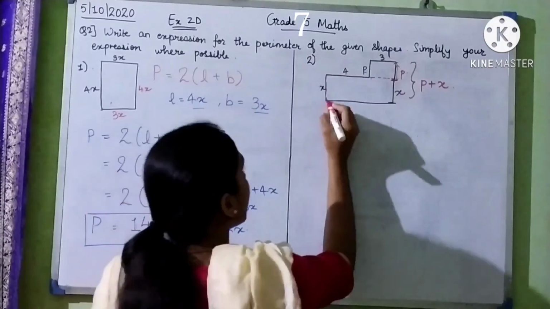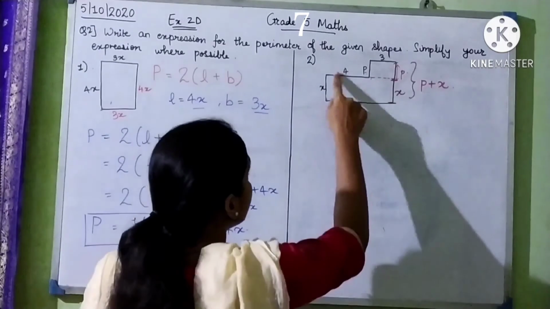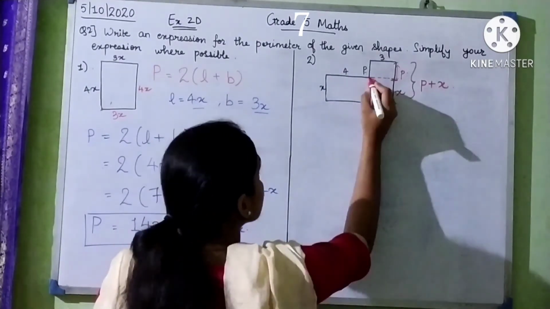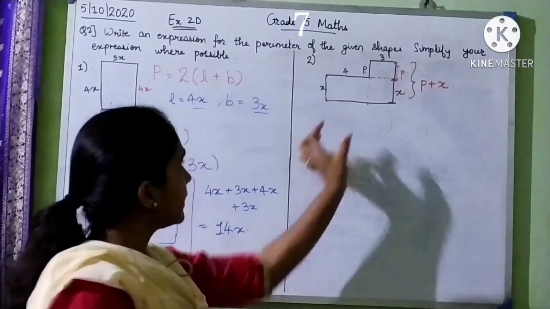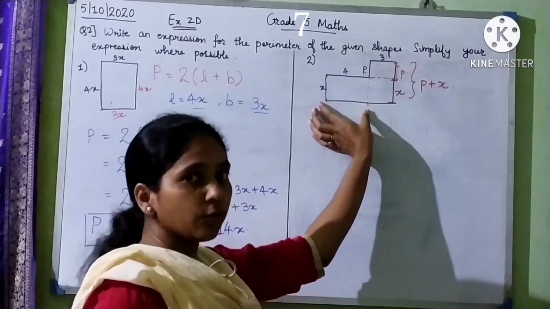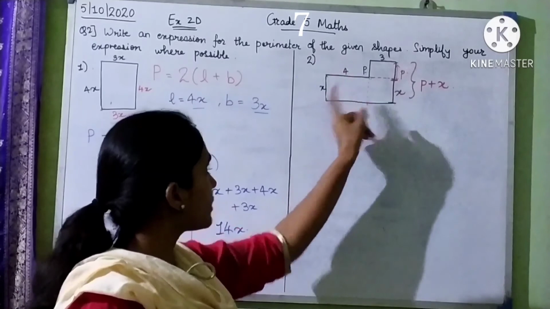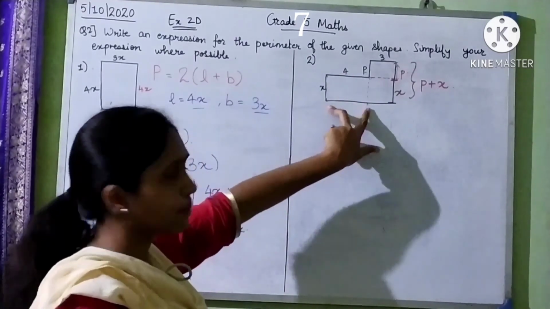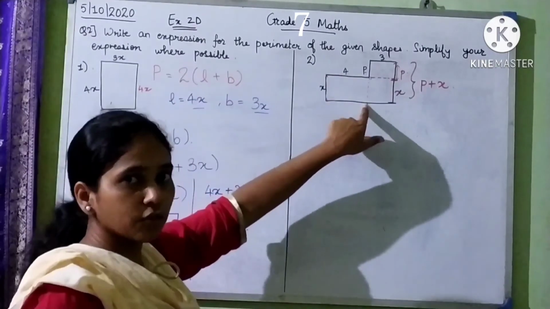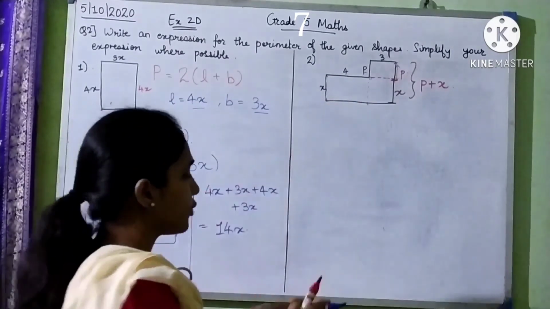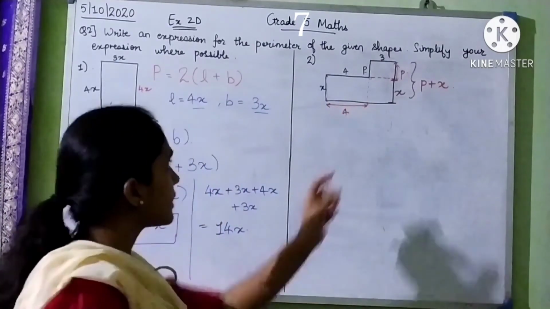Now we have to find this much side. So how much will be this side? See, from here to here, up to here, from here to here it is 4. So for this particular rectangle, now we know that this is the opposite side. 4 is the opposite side of this much part, right? So if this much is 4, the opposite side of this rectangle is also going to be 4. So from here to here it is going to be 4. Why? Because it is the opposite side.